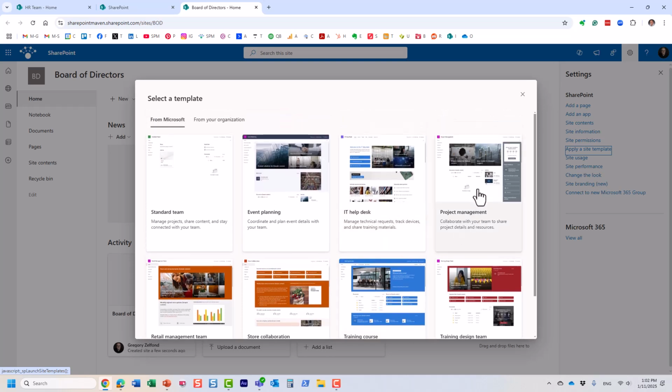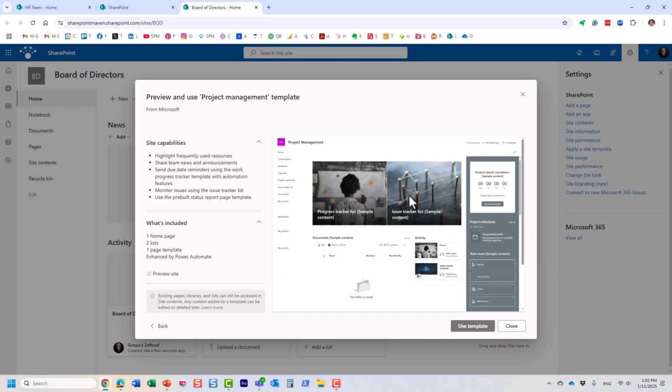Let's just say project management, I guess, would be the closest one. All right. And it gives you a quick preview of what you're going to get once you install this template. It actually tells you what's going to be installed, what's included. And this is what you see is what you get, all right? So it's going to install, I guess, a countdown timer, some quick links, calendar, hero web part,